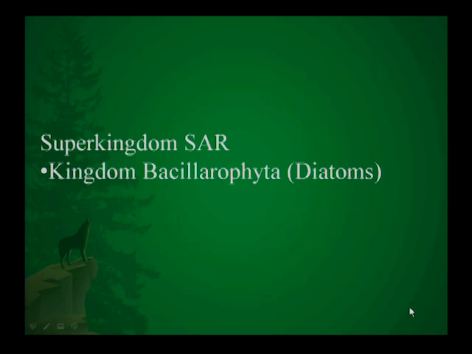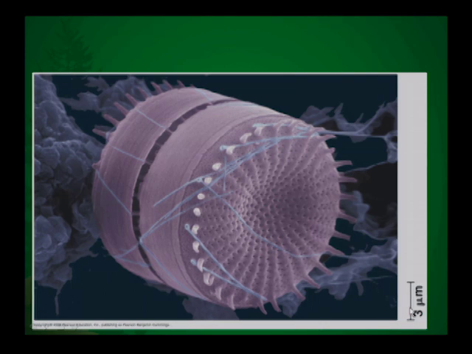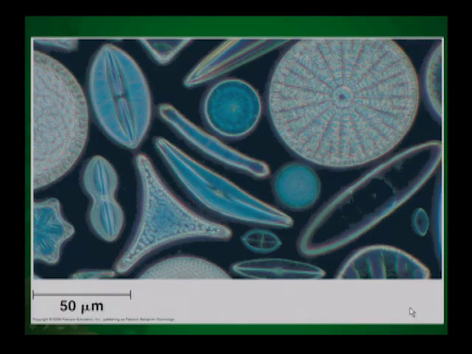Okay, the Bacillariophyta are the diatoms. Diatoms are a very diverse group. Again, these are unicellular algae, so these are photosynthetic organisms, carrying out plant-like photosynthesis. And you'll find them in almost every body of water around the world. There are freshwater diatoms, there are marine diatoms as well. And there's tremendous diversity within the diatoms.